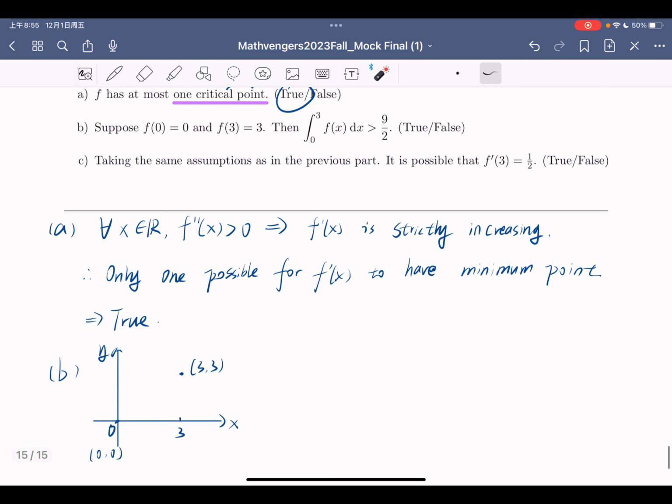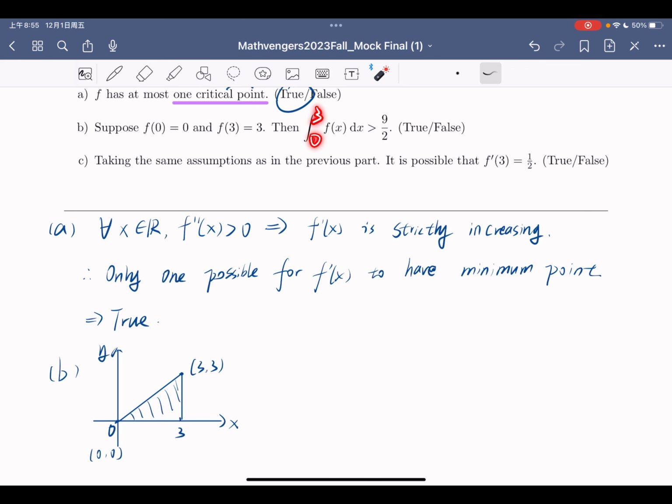What is 9/2? 9/2 is the area of the triangle with lengths 3 and 3: 1/2 times 3 times 3 equals 9/2. And how about this side? This area, we recall from problem 16. With a lower and upper bound, it should be a number, and it shows the area under f(x)